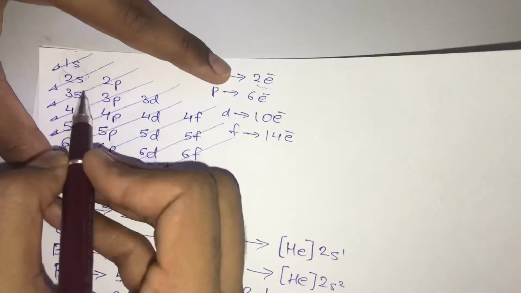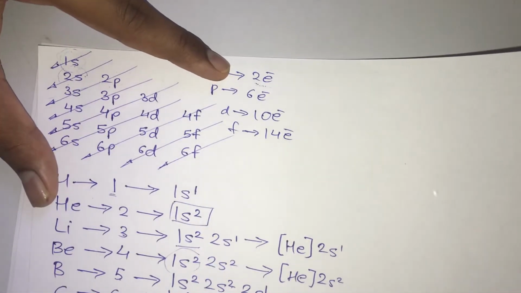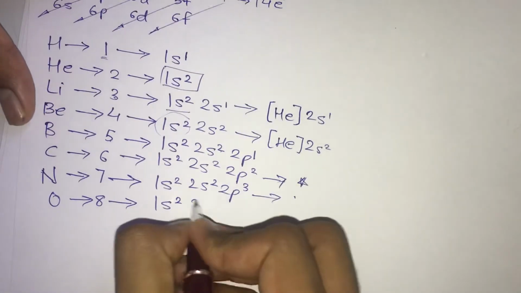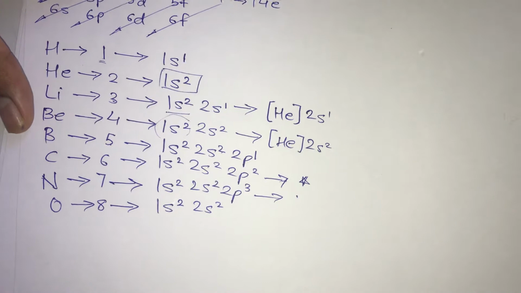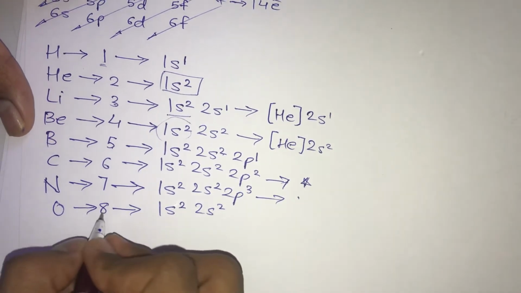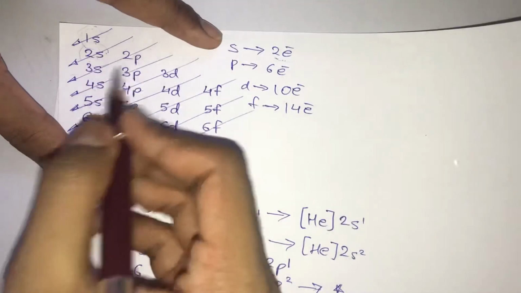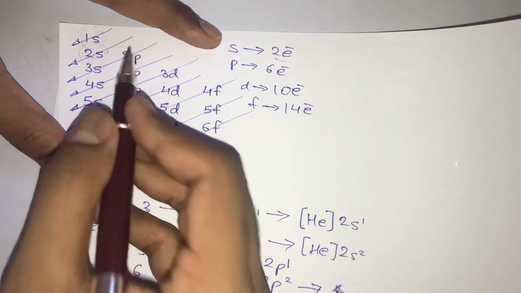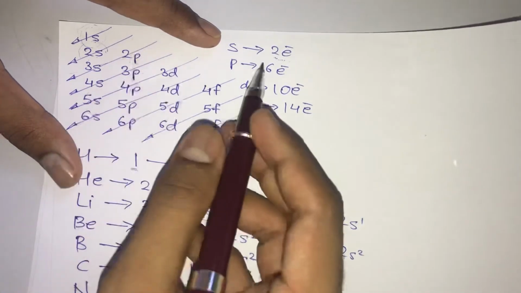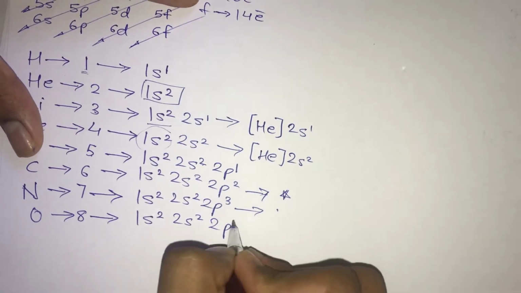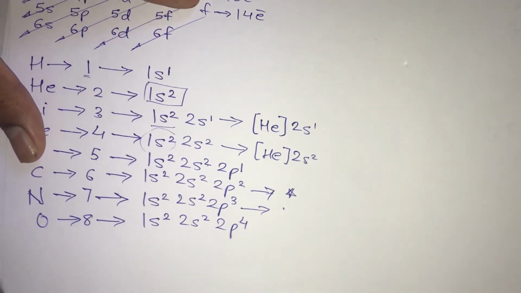Now after 1s comes the second diagonal where we meet 2s. So 2s, again an s subshell, therefore a maximum of 2 electrons. Now 2 plus 2 is 4, we still have 4 more electrons to be accommodated inside the subshells. So after 2s we move on to the third diagonal where we meet 2p. Now as you all know, 2p can accommodate a maximum of 6 electrons, but we have only 4 electrons left, therefore we are going to write 2p4.